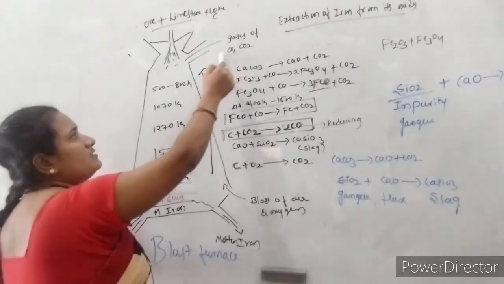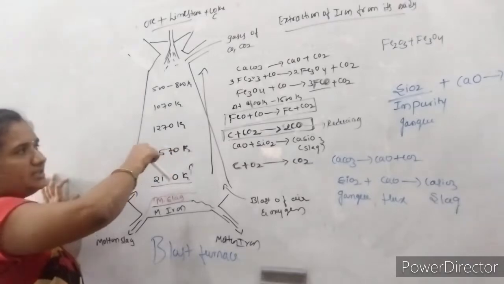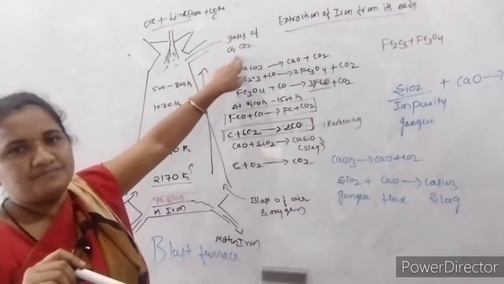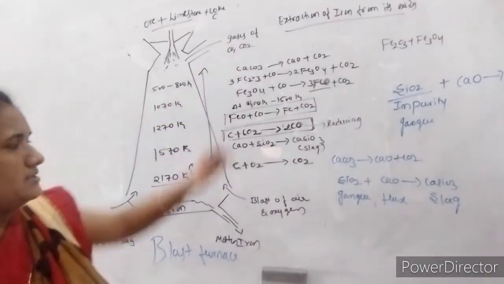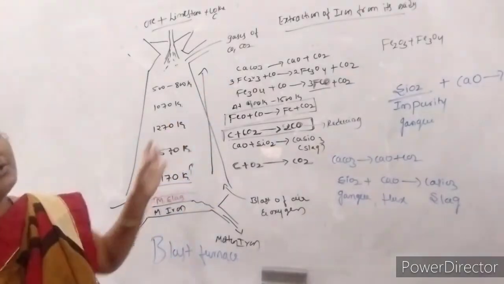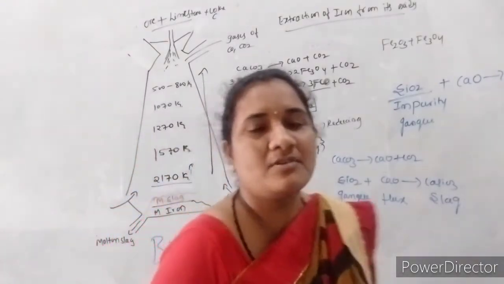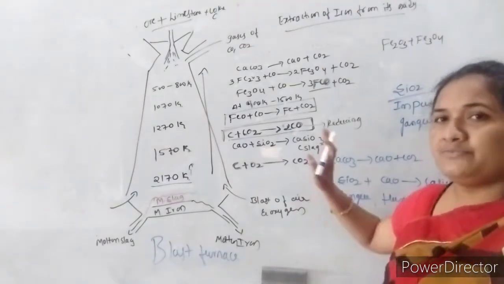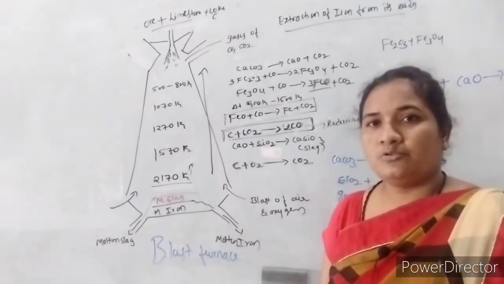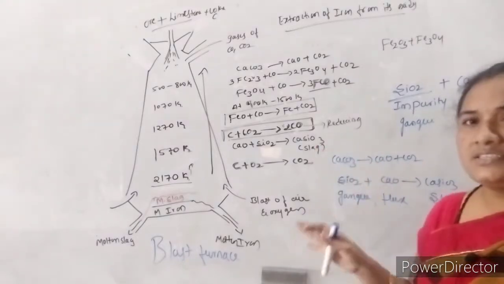In this outlet, the remaining or excess carbon monoxide and carbon dioxide, if they are present in the furnace, are removed. They escape through this outlet as exhaust gas. So this is the procedure to extract the iron from its oxide. You have to remember the diagram as well as the temperatures and reactions. If you are able to remember the temperatures with the reactions, it is very easy. If you write it 1 or 2 times, it will become very easy. In the exam also you have to write the same way.